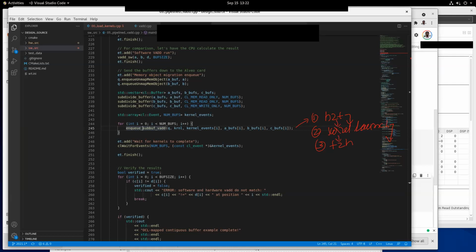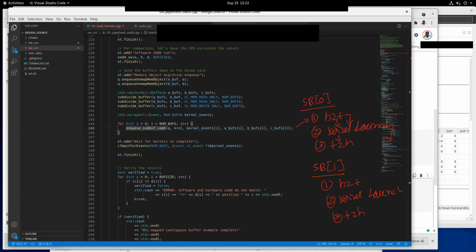Let's say for subbuffer 0, we launched these three. You cannot do anything about it. Similarly, for subbuffer 1, the same thing will repeat: H2F, kernel launch, and number 3, FPGA to host.